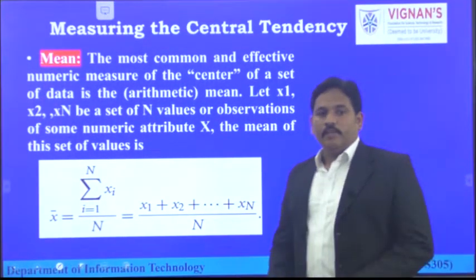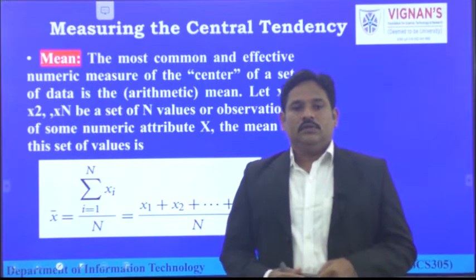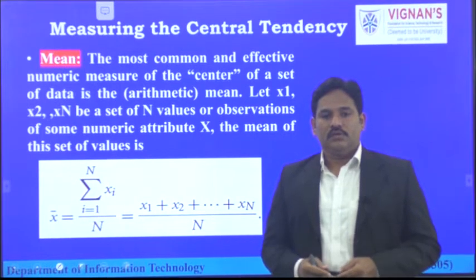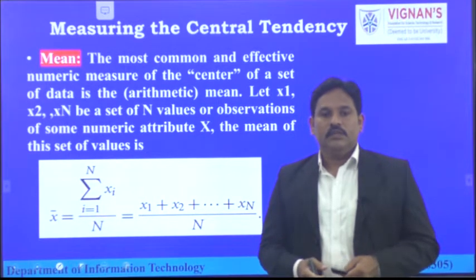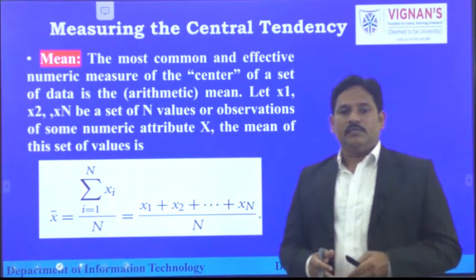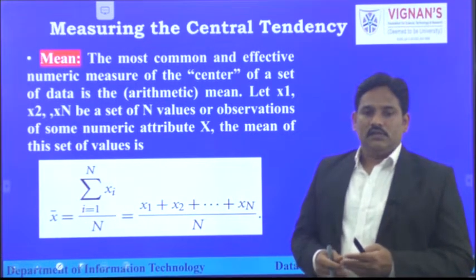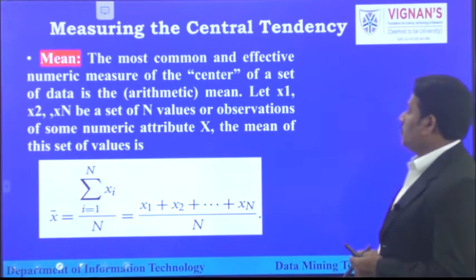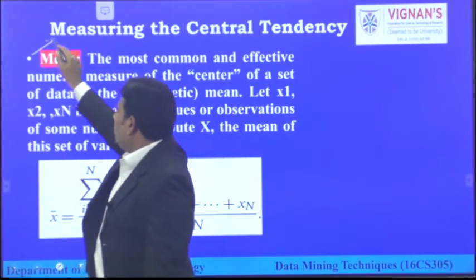Next, we are moving into measuring the central tendency of the data. When we are dealing with a large amount of numerical data, how can we measure the basic statistical perception, or basic statistical dispersion, of the data? To understand and analyze it, we have to use some basic statistical measurable formulae. Under measuring central tendency, the first and foremost measurable quantity is